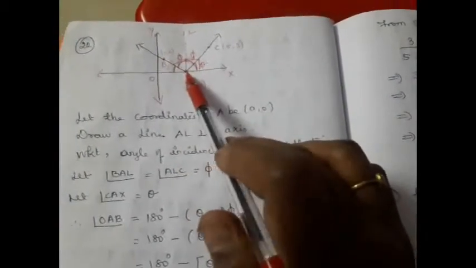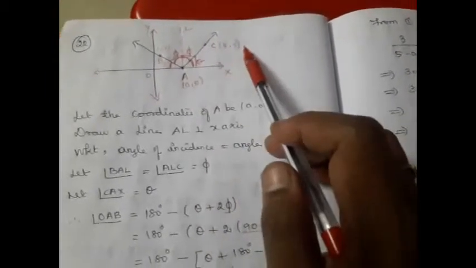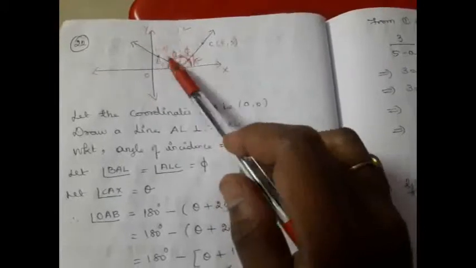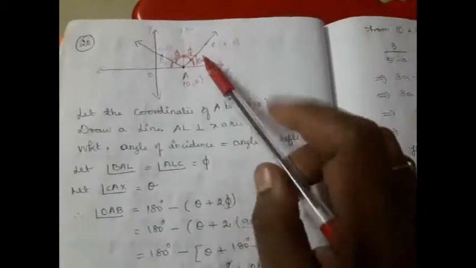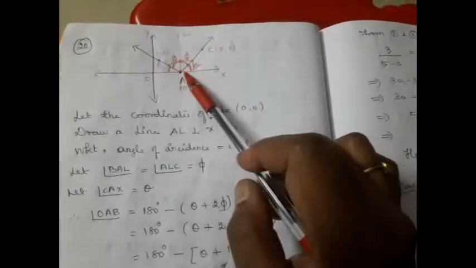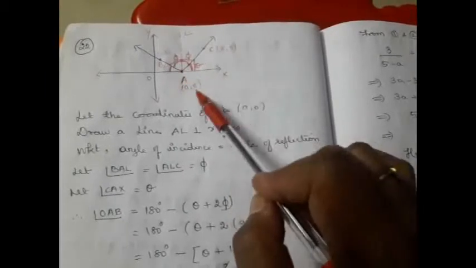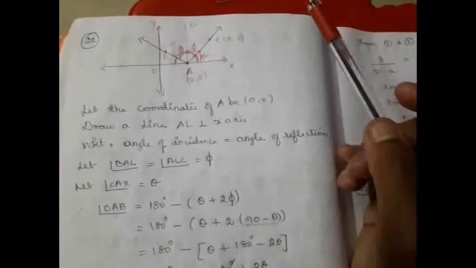So I repeat what we did here. It is given that a light ray passing through the point (1, 2) is reflected at A on the x-axis, and the reflected ray passes through the point (5, 3). We know the angle of reflection is the same as the angle of incidence, so we have taken these two as equal angles. Now our aim here is finding the slope of these two lines. We will get it in terms of a and then we can solve for a.